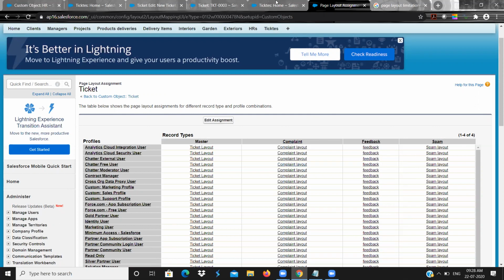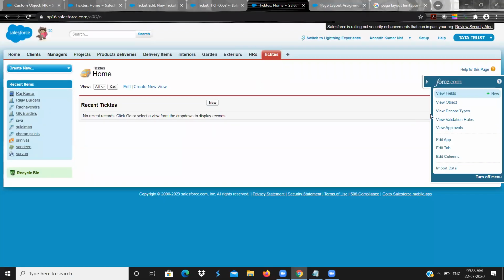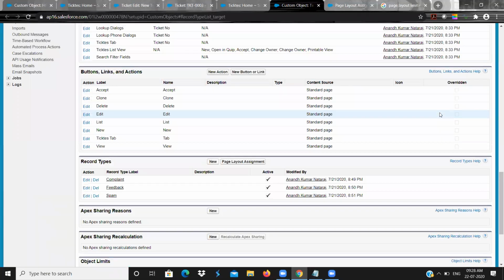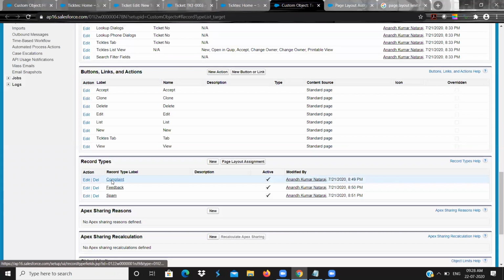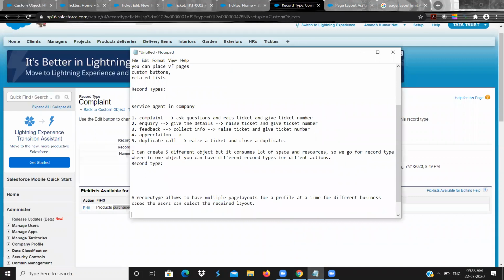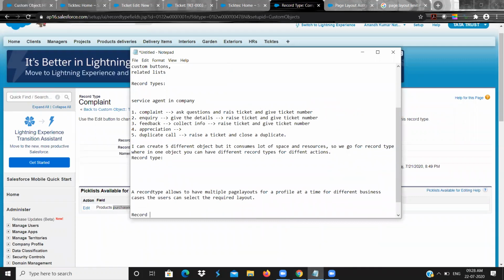So what are all the things the record type can control, that you should know? If you go to this record type, it will show you that it can control the pick list values. The record types can control the pick list values. This is very important.